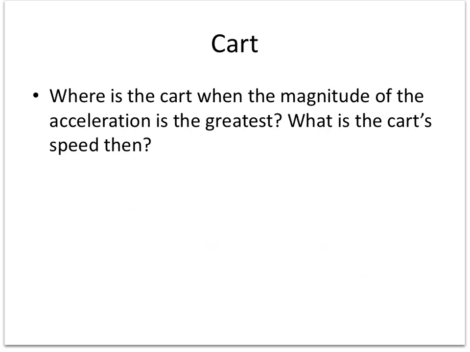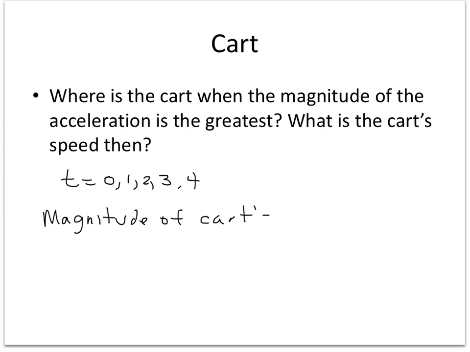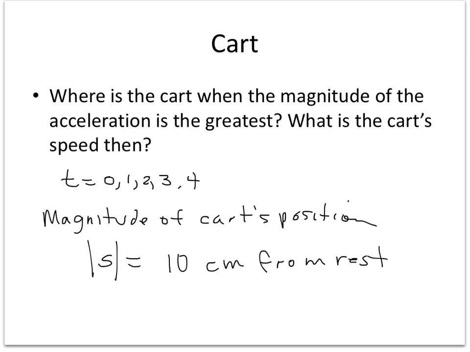The cart's speed then, or the magnitude at that time. So remember again, I said the times were, and you saw this, I guess we could write all of them down to 4 seconds. And so then the magnitude of the cart's position would just simply be the magnitude of my position function, which is going to be my 10 centimeters from rest. What I was thinking of is